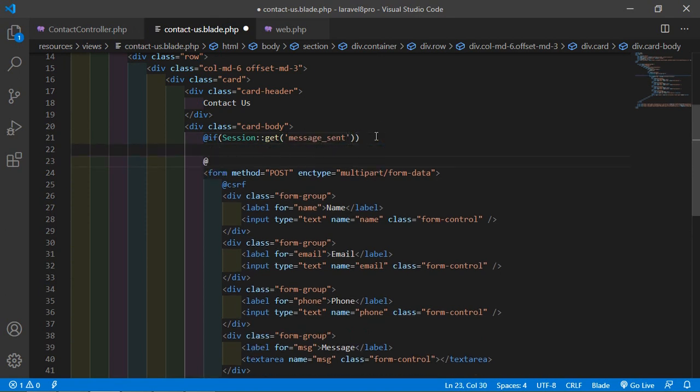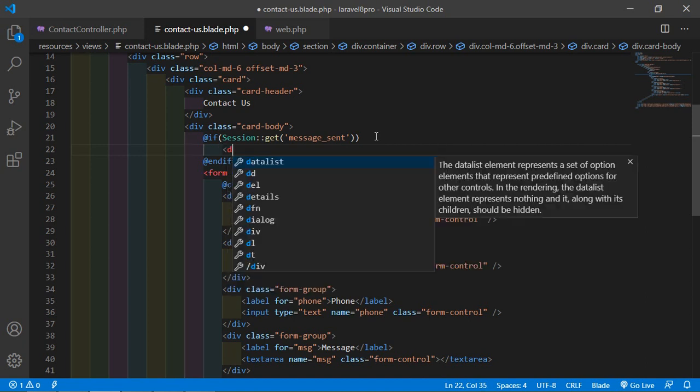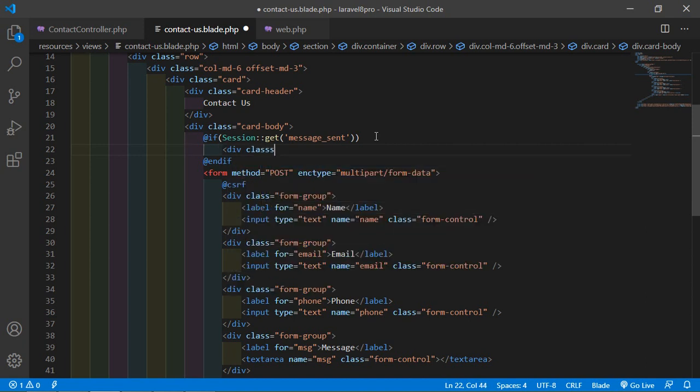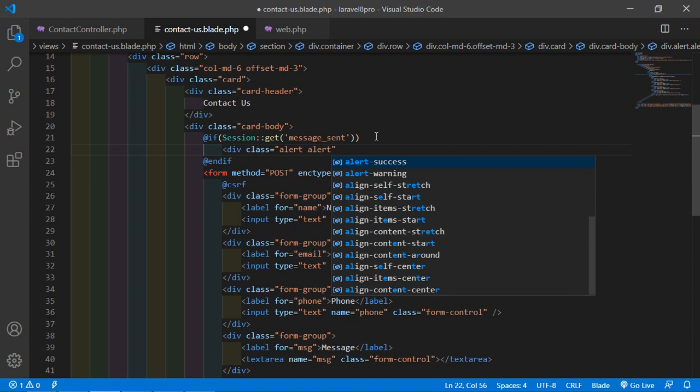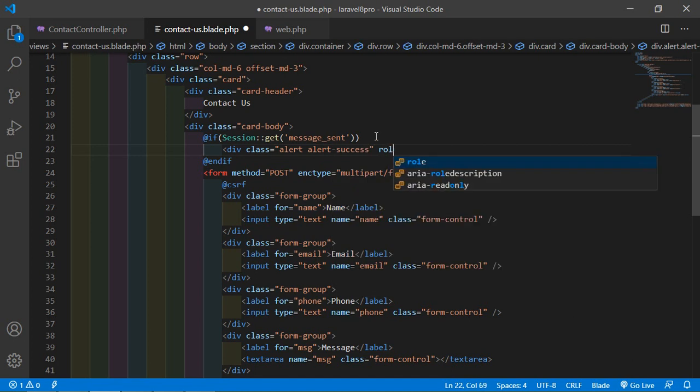Now just close the if directive, so just write here endif, and inside this if just add here an alert div, so just write here div class alert alert-success, also add the role alert.